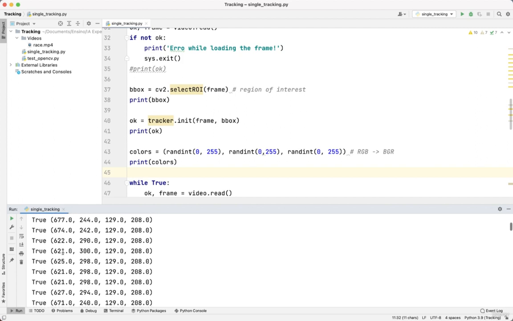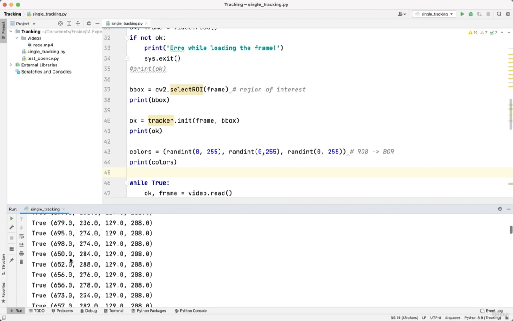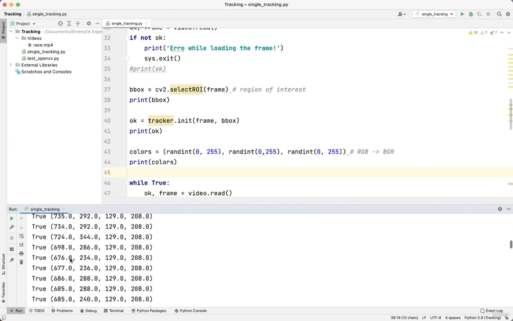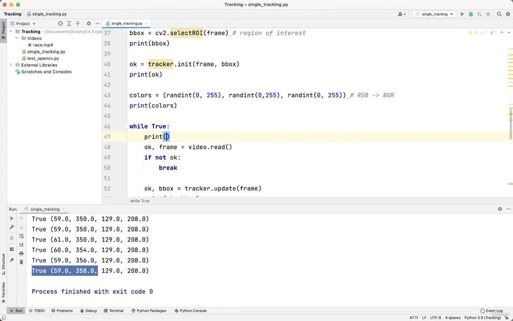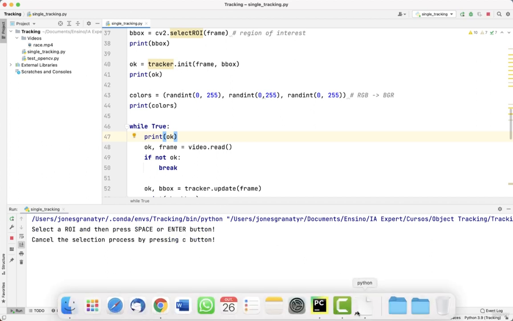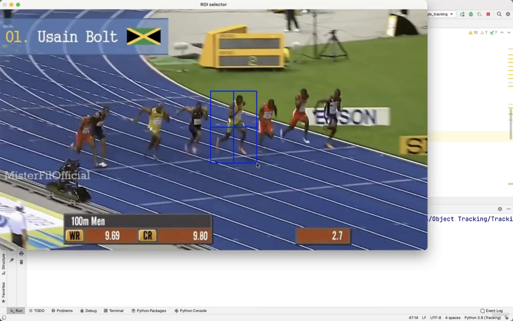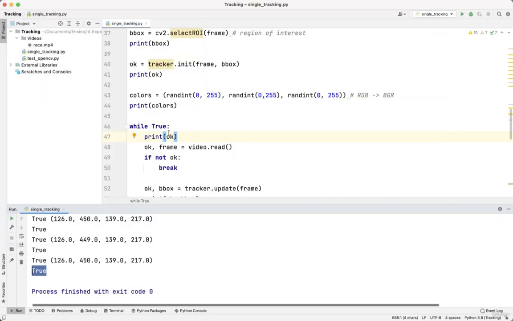And we can take a look here at the message. It means that the object could be tracked, and this is the new position of the object in each one of the frames. And here is the last position of the object. We can also print the OK variable here just to see the value equals false. Let's run this code again. Select the runner, press enter. We can see the results here